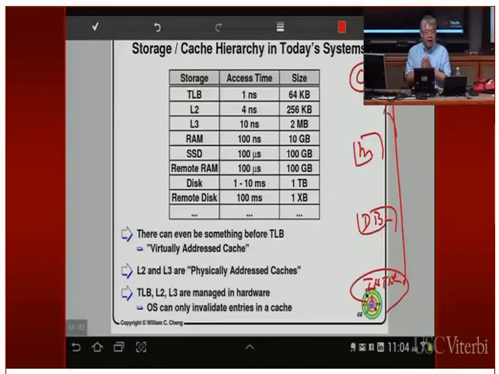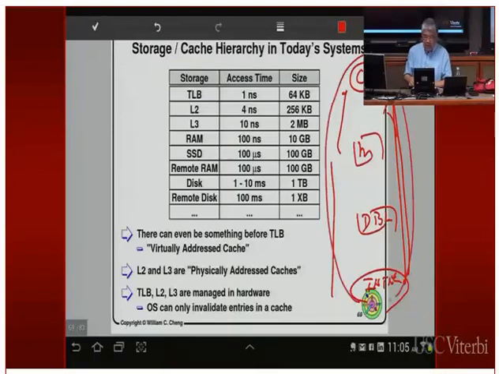The general idea of a hierarchy is that the closer to the CPU, the cache device tends to be smaller, and it tends to be more expensive. The further away from the CPU, you can store a larger amount of data, but these devices are usually slower. So eventually, when you go to the cloud and try to fetch some data, that might take you a while. These days, people are backing up terabytes of information in the cloud. And if you try to look through the terabytes of information, it's going to take quite a while for you to find the data block that you need to copy into your local disk. Okay, so this is the cache hierarchy.